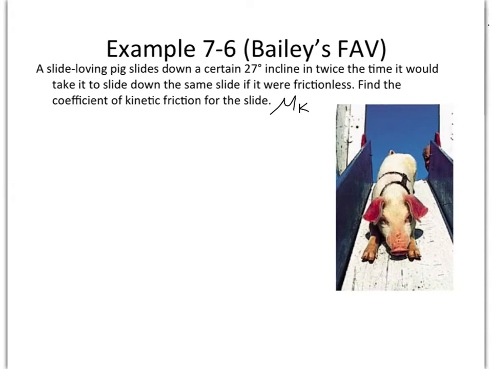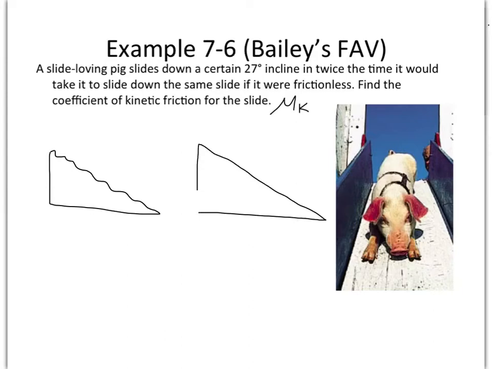Now let me read that again. All right. So he slides down a certain incline that has friction in twice the time it would take to slide down the same slide if it were frictionless. So it's kind of like this is what's going on. You have a slide and it's got friction on it. All right. And the same slide, but let's pretend it didn't have friction. All right, so this pig here,